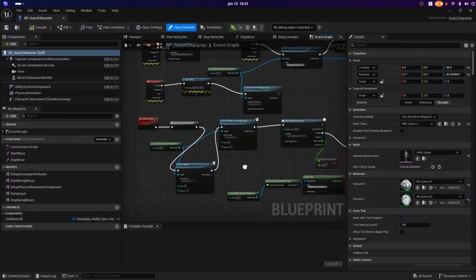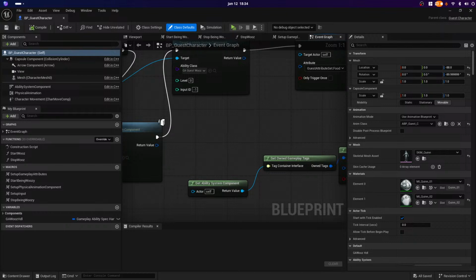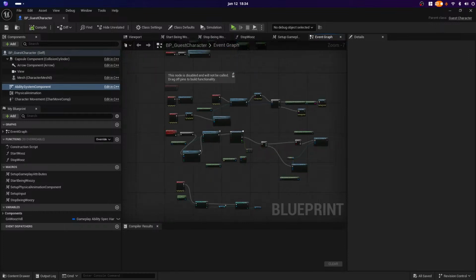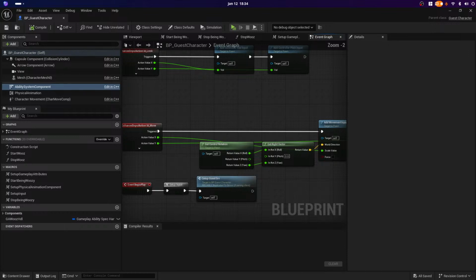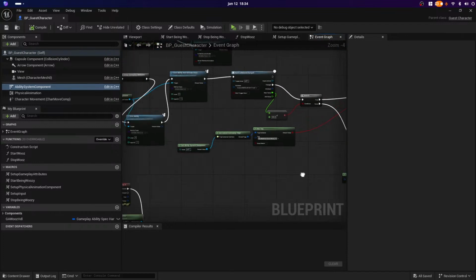I'll restart this. So instead of using this ability system component here, I'm using the get ability system component function that comes with the ability system component interface as part of GAS. The reason I did that is this doesn't work anymore, and that is because it is no longer on the C++ version of this class. But to get rid of this in the blueprint, you have to essentially restart. I think I will eventually, but not until I get some of this stuff sorted out,